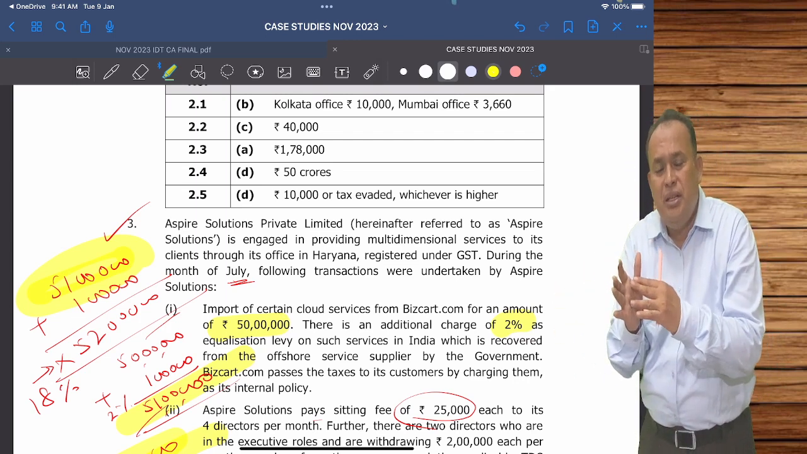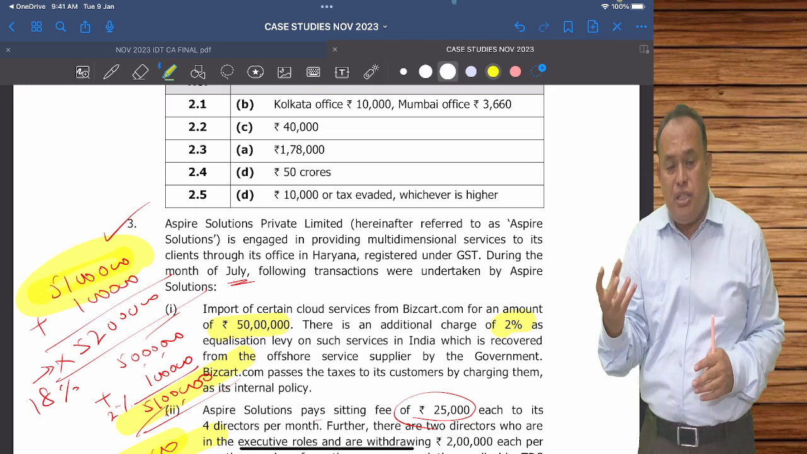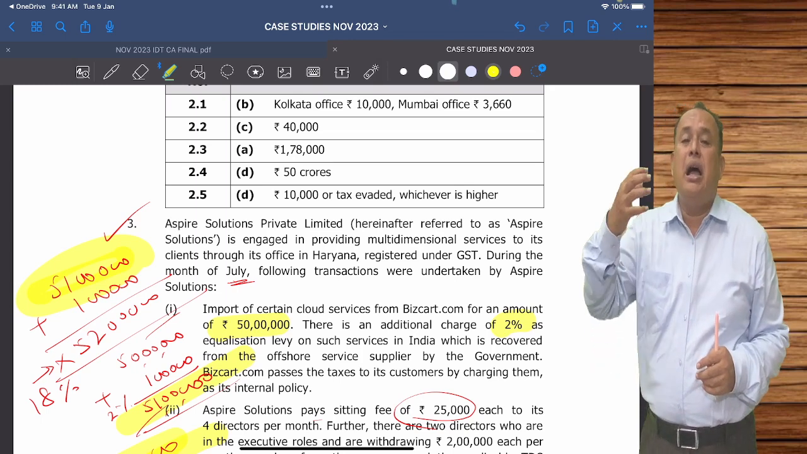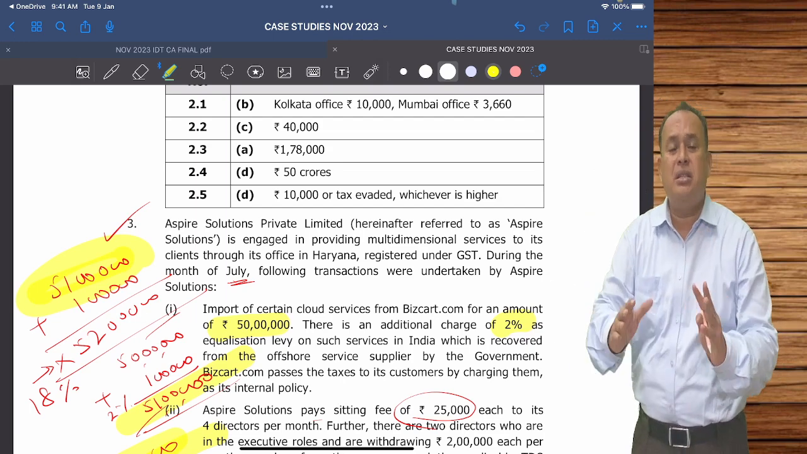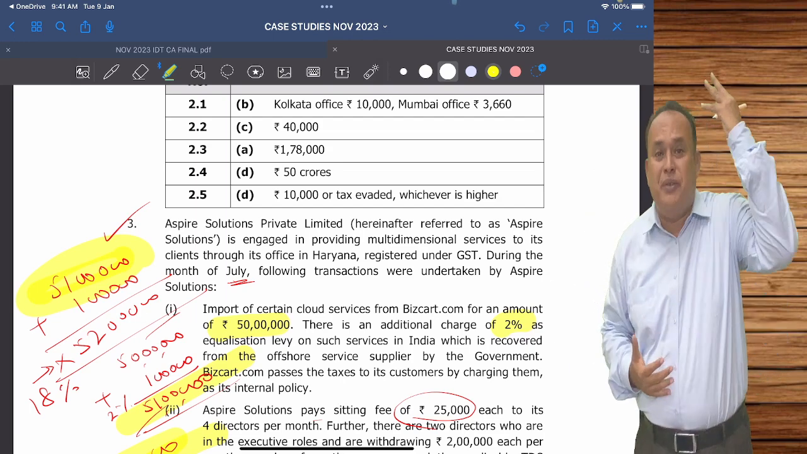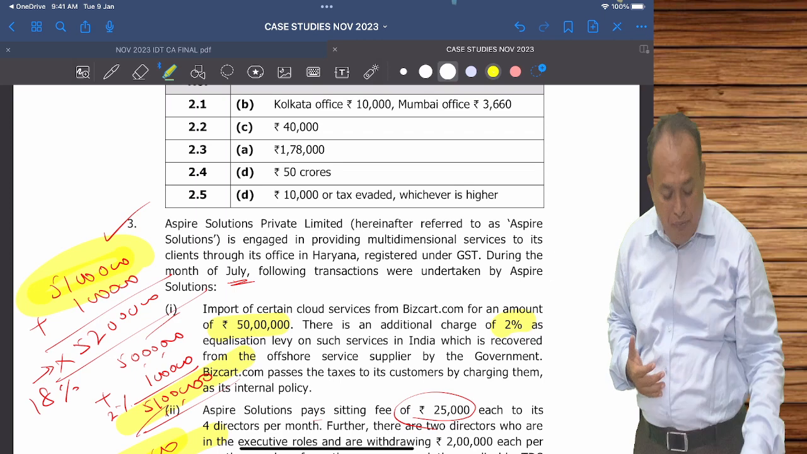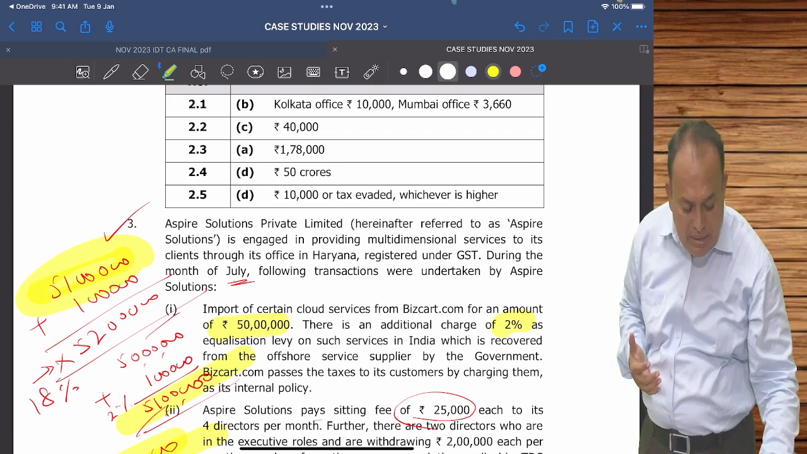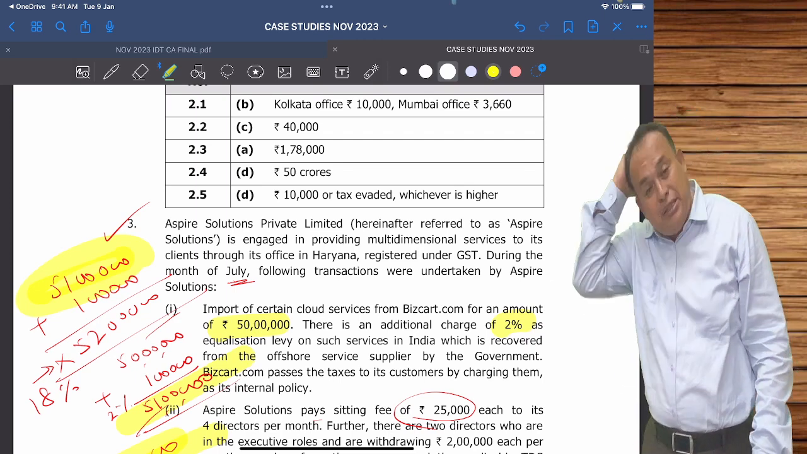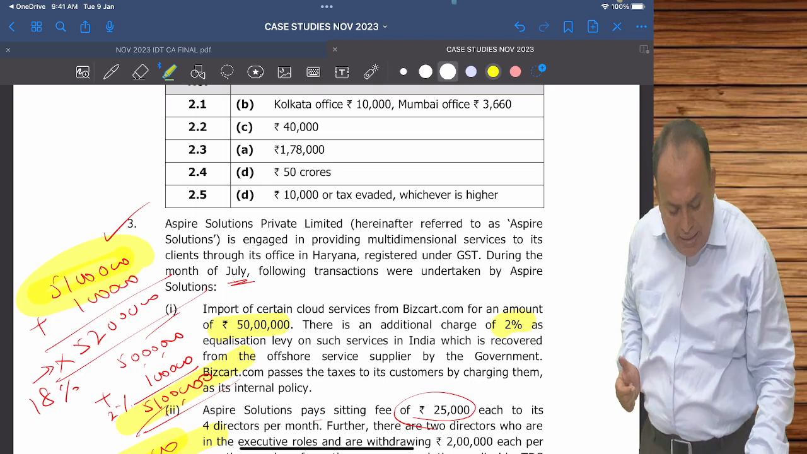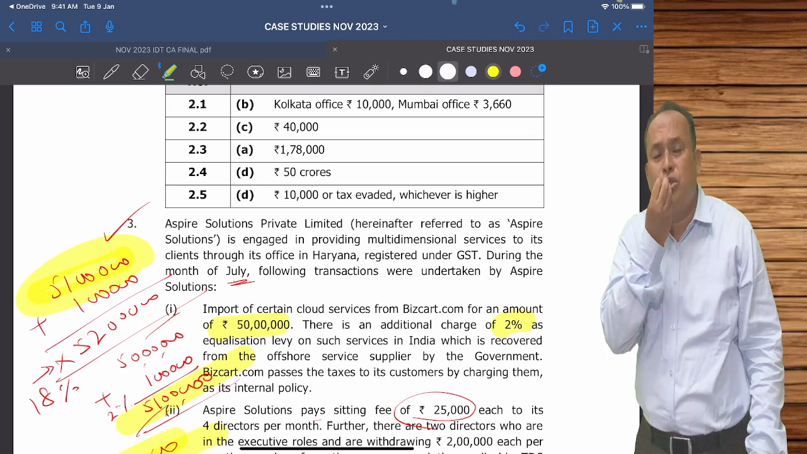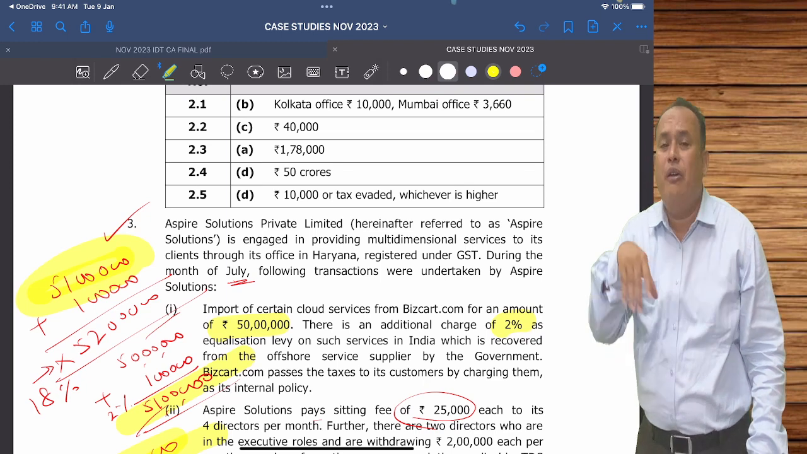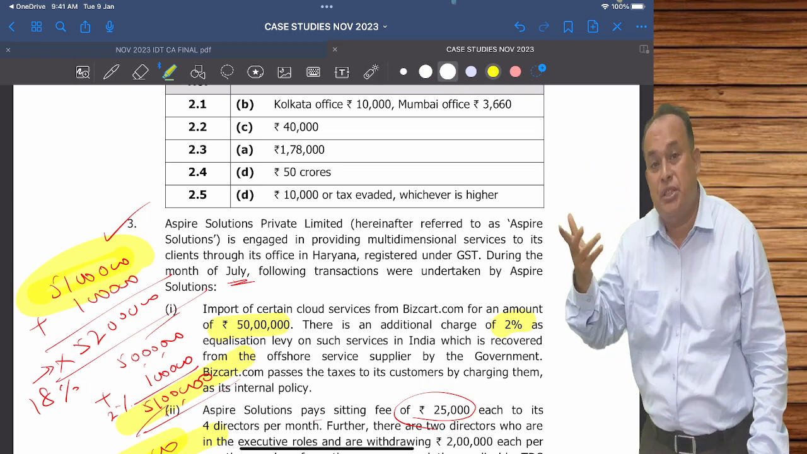Therefore, as a forward charge, liable to pay through electronic cash ledger nil, because their inward supply 51 lakhs, 18%, 9 lakh 18,000 credit. 40 lakhs the output supply, 18% GST, 7 lakh 20,000 only. Therefore, they have excess credit as a forward charge. But